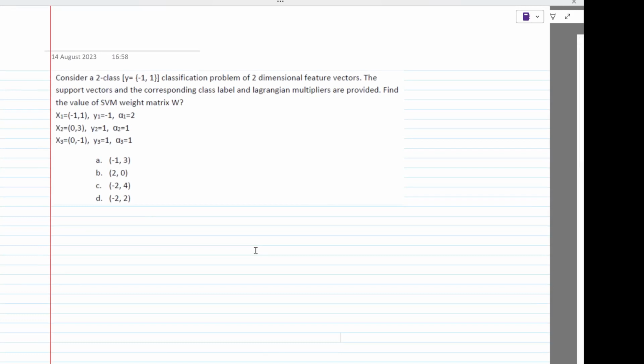So here we have been given a two-class classification problem of two-dimensional feature vectors. The support vectors and corresponding class labels and Lagrange multipliers are provided. Find the value of SVM weight matrix W. So here they have already solved and given us the alpha values for each of the data points. Then to find your W value for the SVM, since it's a two-dimensional feature vector, your W is two dimensional,